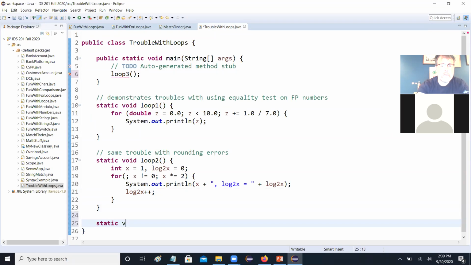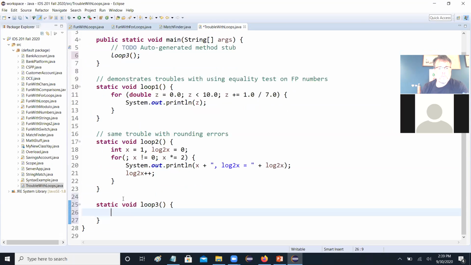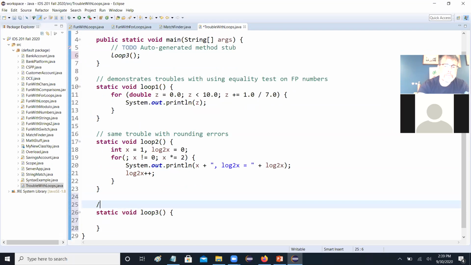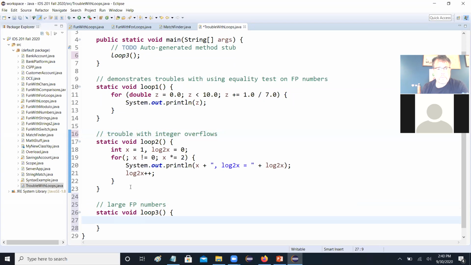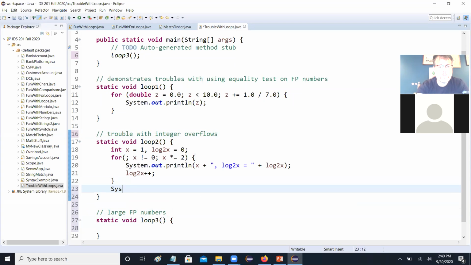So static void loop3. Here I'll say trouble with integer overflows. I guess here at the end I'll just do